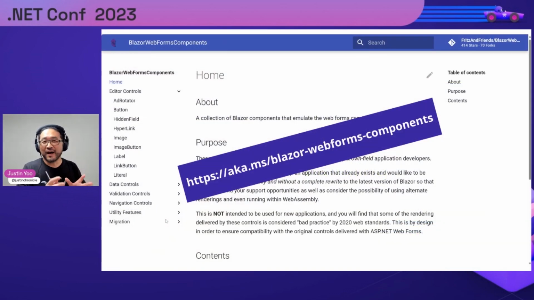So for those who are skeptical and scared of the migration, this is an open source project by Jeff Fritz, also known as C# Fritz. Jeff has built this open source project to provide us with a one-to-one mapping of WebForms controls to Blazor components. So visit this URL, aka.ms/BlazorWebFormsComponents. So you can find some clues or ideas on how to make your migration plan from WebForms